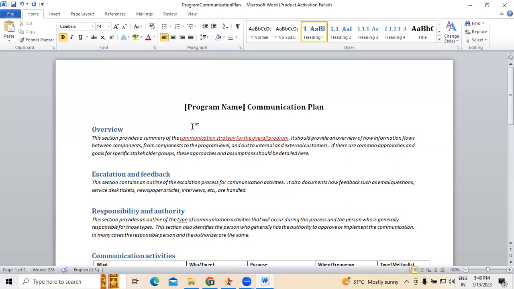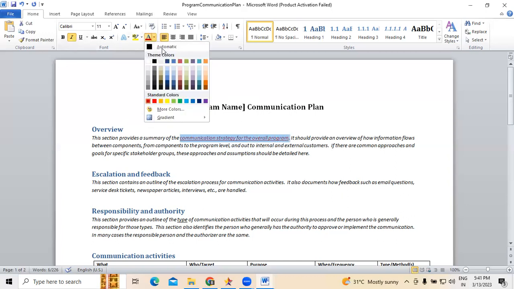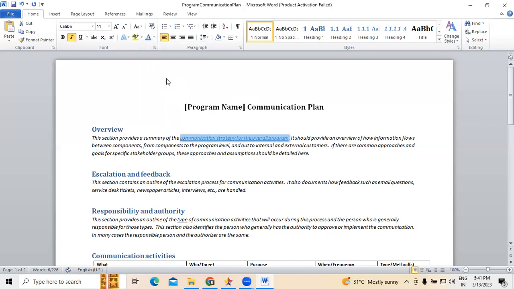In connection to that, the program management team should understand the communication strategy, what we follow, and how it works or performs. All these things come under the communication strategy part. This is not relevant to a particular program or project. It relates to the multiple programs and the multiple projects under the program.